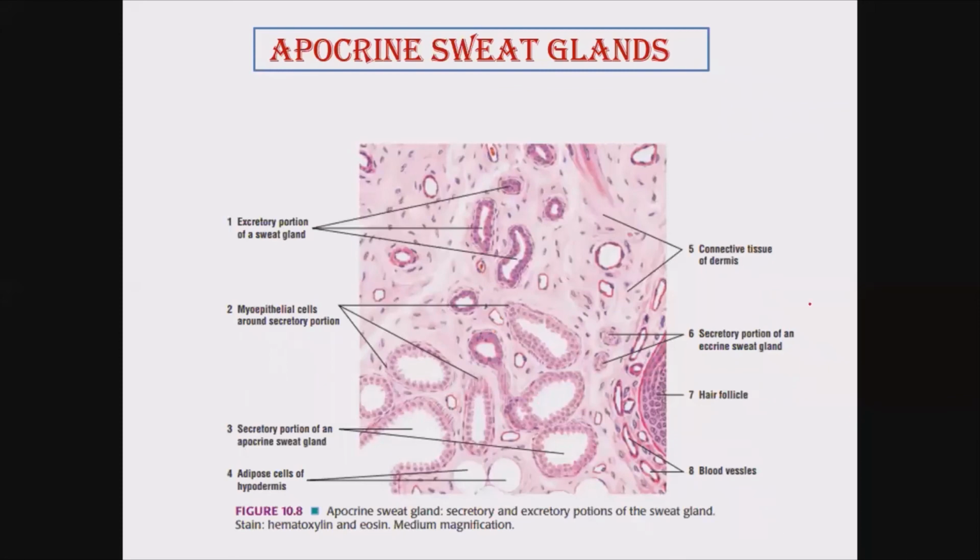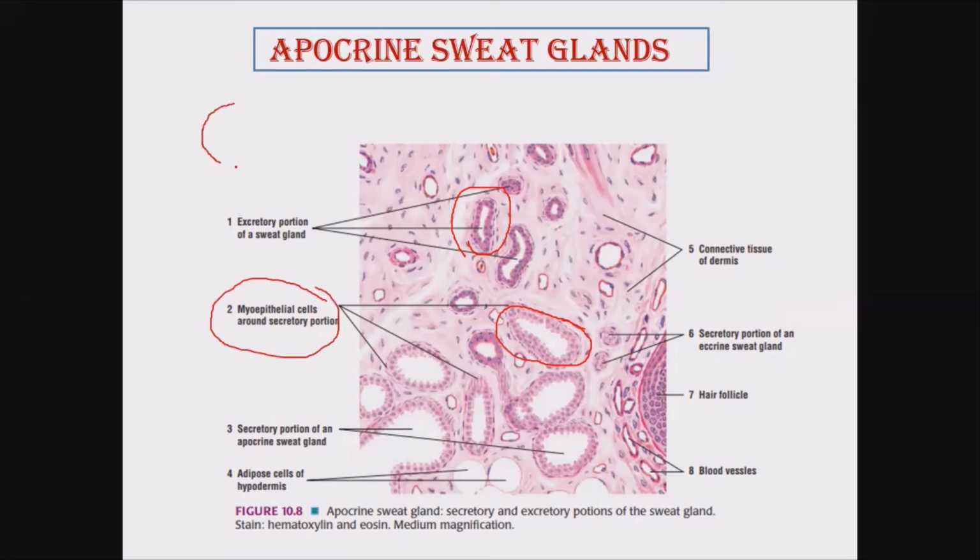If you see the section here, this staining is dark, and we can see double nuclei, so stratified cuboidal epithelium. And here we have lightly stained structures. These lightly stained structures are the secretory part, the darkly stained structures are the excretory or duct part, and the secretory part will be surrounded by another type of cell, with flattened nuclei you can see on the surface. This is your myoepithelial cell.